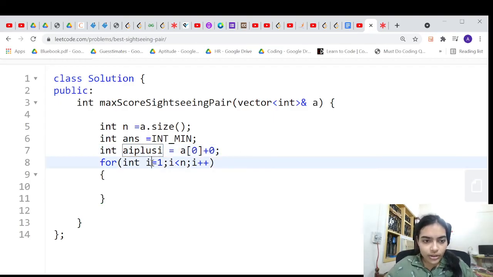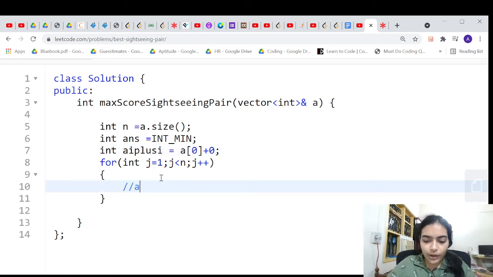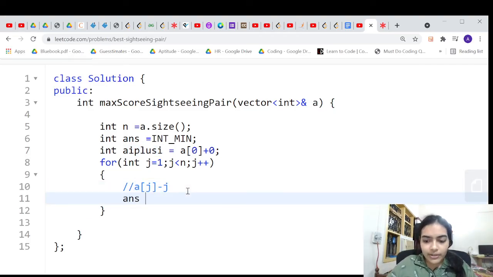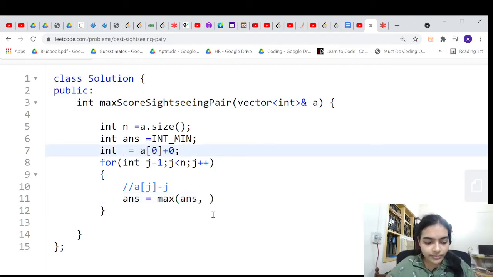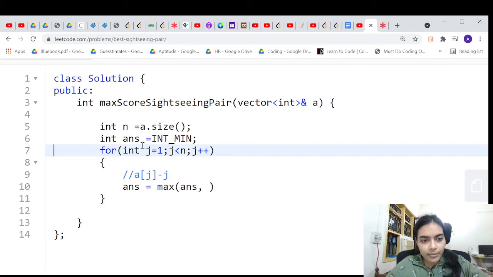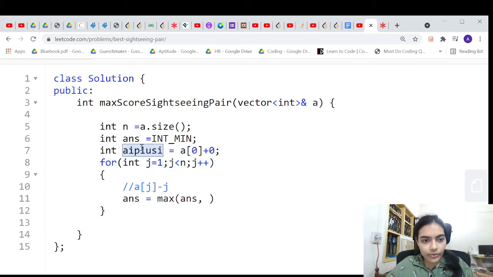Okay, so let me take this as j for better clarity. So now we already have a of i plus i. Now we need to take a of j minus j, and then we need to maximize these two variables together. So that will be our answer, right? So answer will be max of answer, comma, whatever previously you have seen a of i plus i.